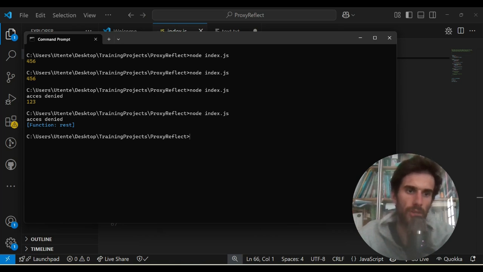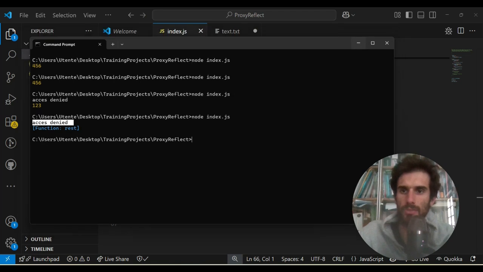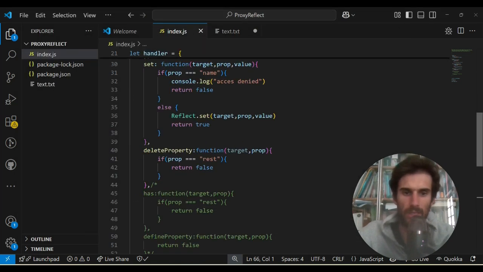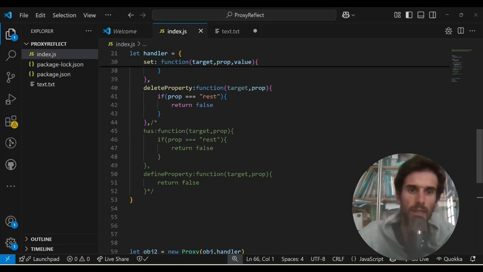As you can see, function rest remained here and is written access denied. So we can successfully avoid a function, a property, being deleted. Another possibility has